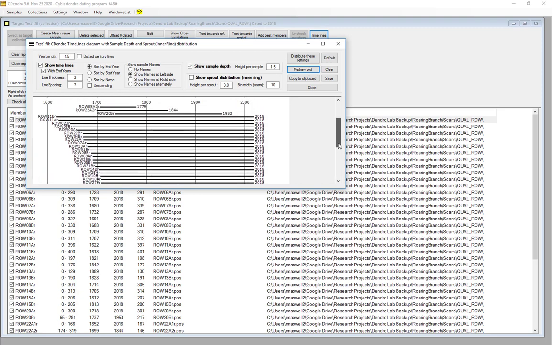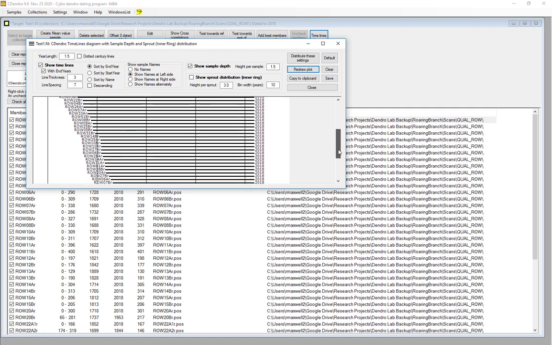In this collection, we have trees going back almost to the year 1600, and clearly you can see that these trees were recorded in the year 2018. If you want to, you can copy this to your clipboard. You can save that file if you wanted to have a quick slide in a PowerPoint or a quick documentation of your sample depth.